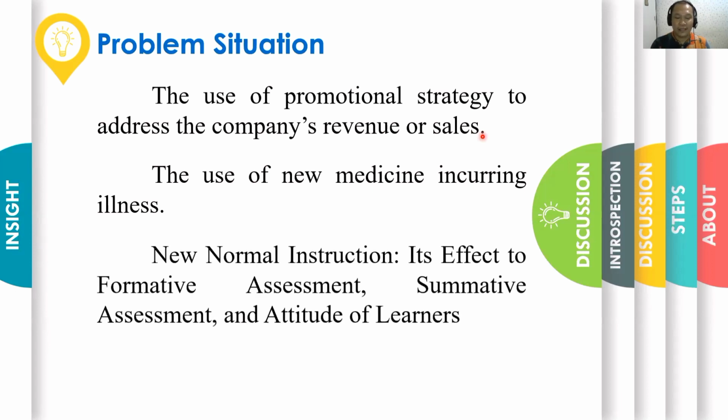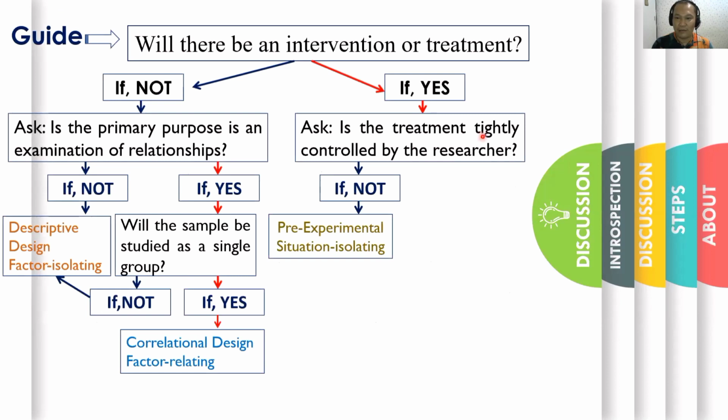Okay? And the new normal instruction, its effect on formative assessment, summative assessment, and attitude of learners. Now, we can also use this one as a pre-experimental, knowing what will be the effect in terms of the formative assessment using the new normal instruction, the summative assessment, and the attitude of the learners. Remember, there is no control group. We only have one group, and the group is being given an intervention, and we want to know what then is the effect before and after. Okay, now